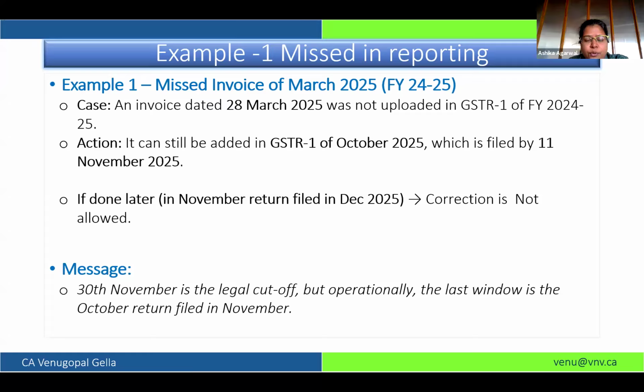Even though you didn't report it, your tax liability is there, so you have to pay through DRC-03 and show that transaction in your GSTR-9, and if 9C is applicable, accordingly in 9C. In 9C there are reason boxes: table 9 of 9C, which deals with tax payable versus tax paid. Over there, you can give the reason that this tax has been paid through DRC-03.